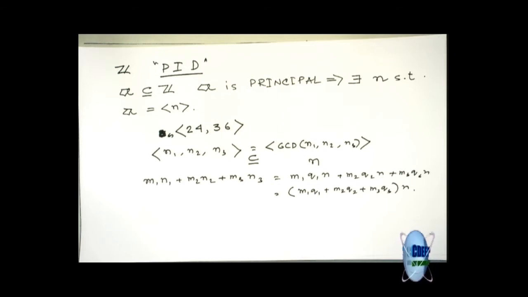In that case, how do we show that there is a single generator? We cannot take GCD, right? If we want to take GCD, we have to take infinitely many elements and take the GCD of those. Now that is absurd. So in that case, without using the concept of GCD, what do we do? How can we prove that every ideal is generated by a single element? Every ideal is a principal ideal. Well, recall the similar proof that we have done in class.